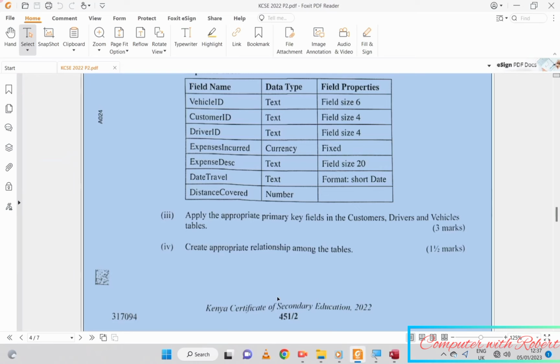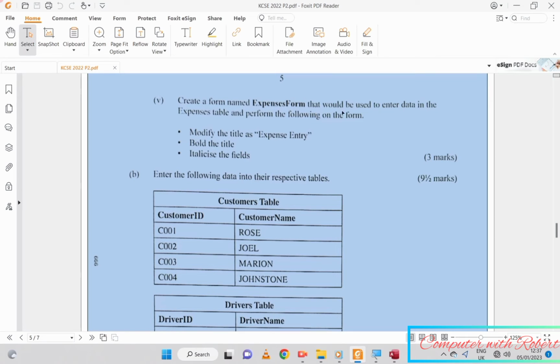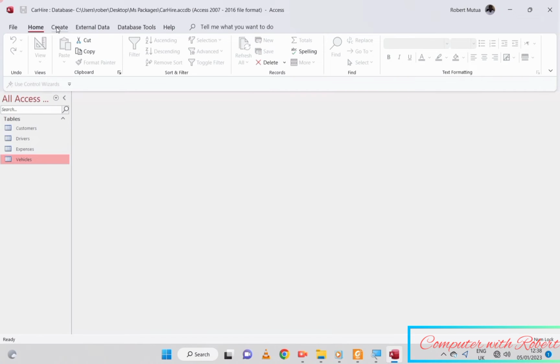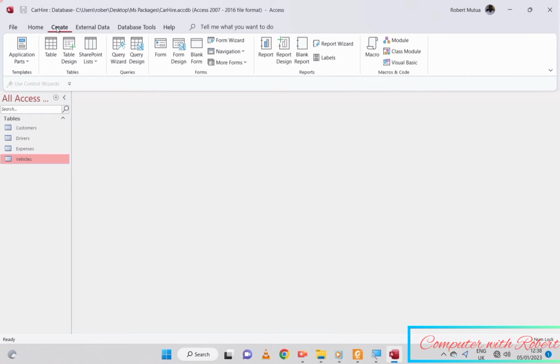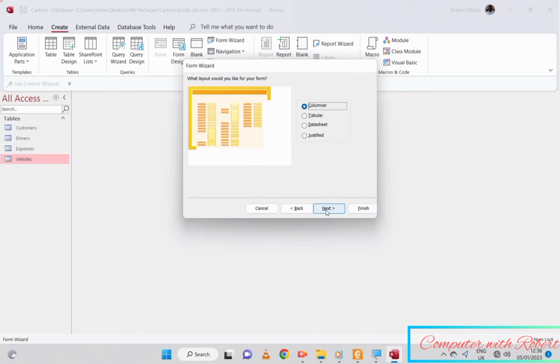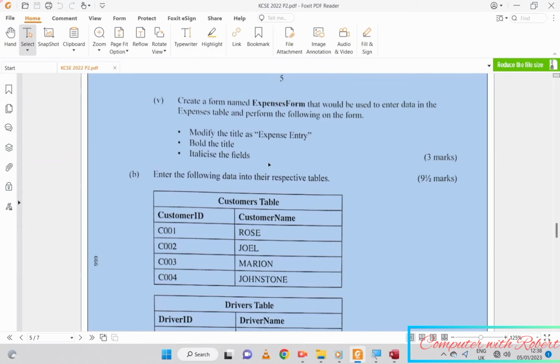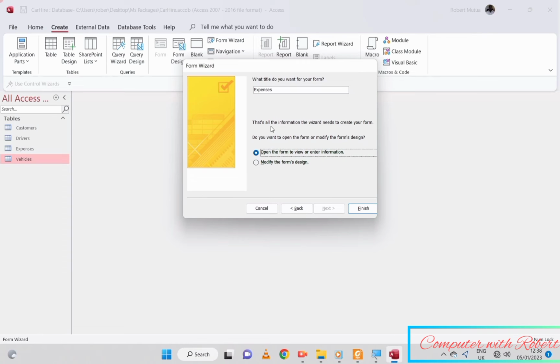Now, which is the next step? It is to create a form named expenses form, and that would be used to enter data in expenses table and perform the following. The form: modify the title to be expense entry, bold the title and italicize the fields. So the easiest method is to use a wizard, that is form wizard, and these are the steps followed. Select the table, it is expense, add all of the fields, next, type the form name, which is expenses form,